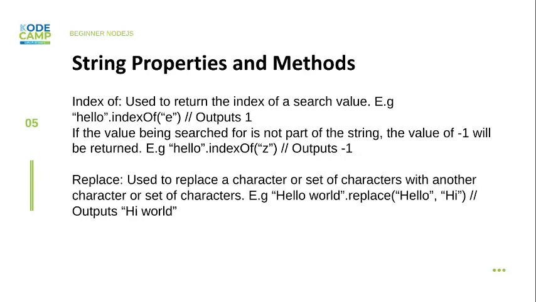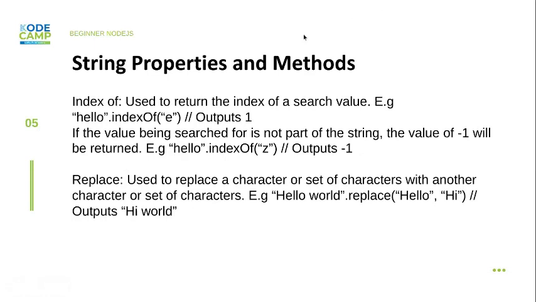So if you have something like book, and you know book has a double O, and you're searching for O in that particular string, it's going to return the first one. But if what you're trying to search for doesn't exist, it's going to return -1. Then we have replace. Replace is used to change a character with another character or character set in a string. So let's see how these two work, indexOf and replace, in